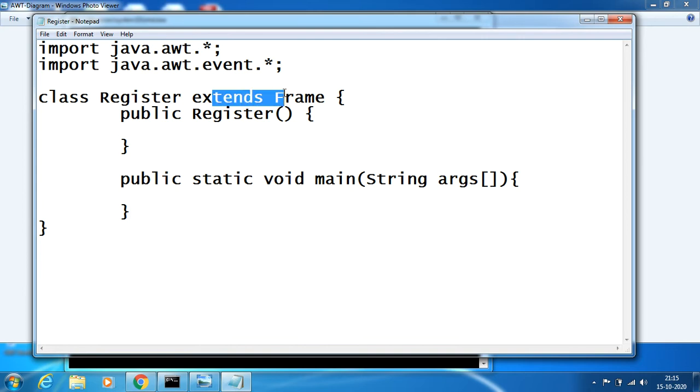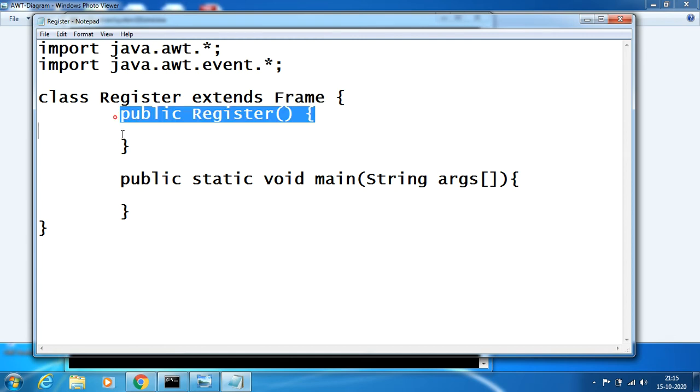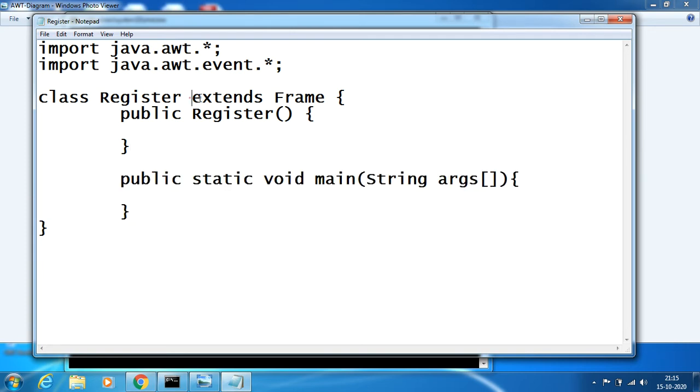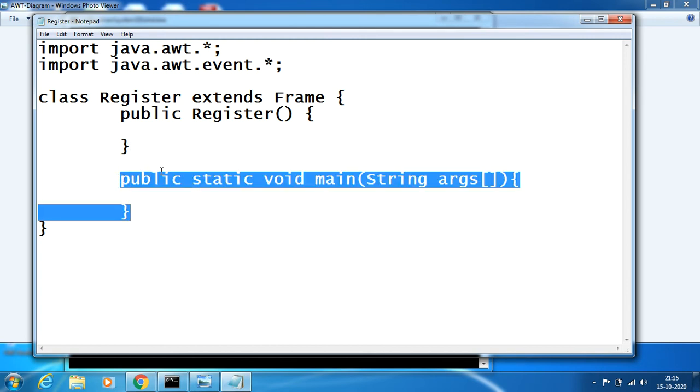Likewise, when I say extends applet, we need to create a method called init. Init is the initializing method, which is just like a constructor. Whenever we initialize any object, the constructor will be called automatically. Likewise, init also in applet. We all know an applet will run in the applet viewer, so it doesn't have any main method. But unlike in an applet, a frame will run in a window. Hence, we need a main method to run the frame object.